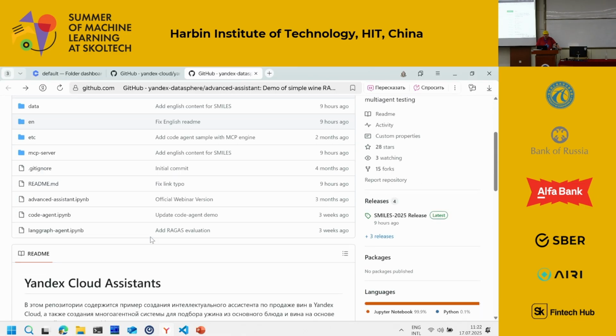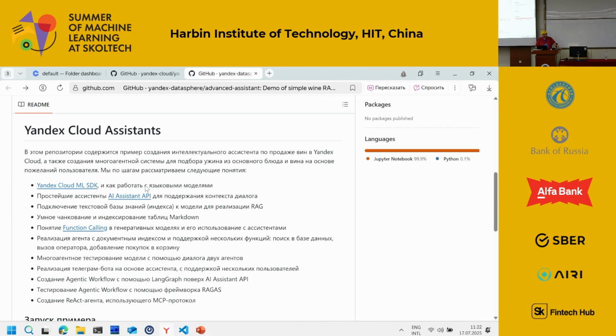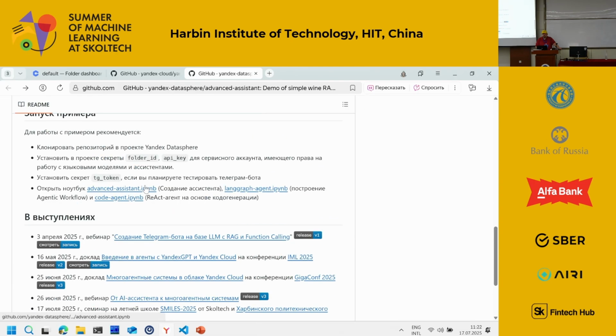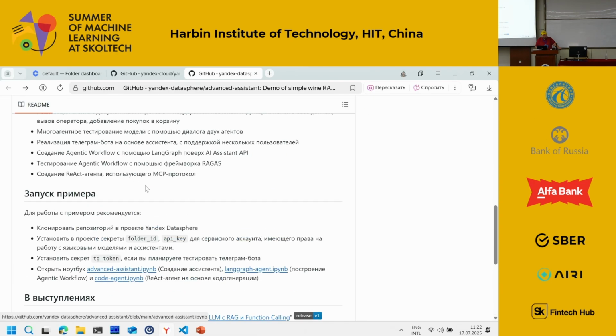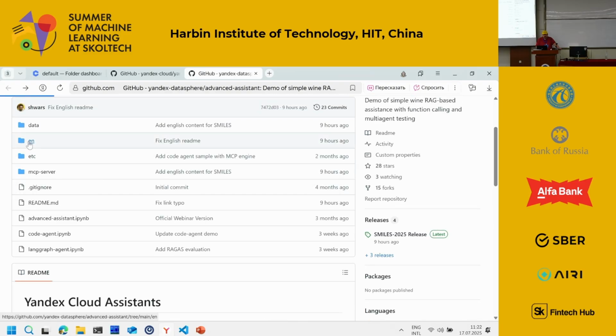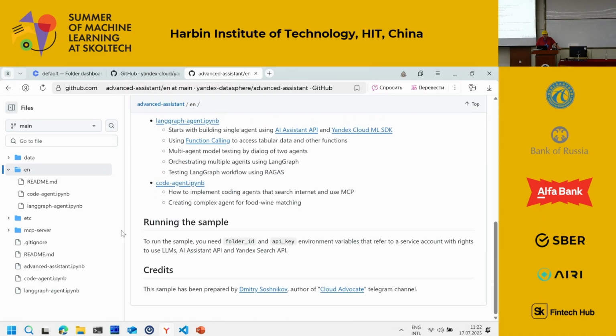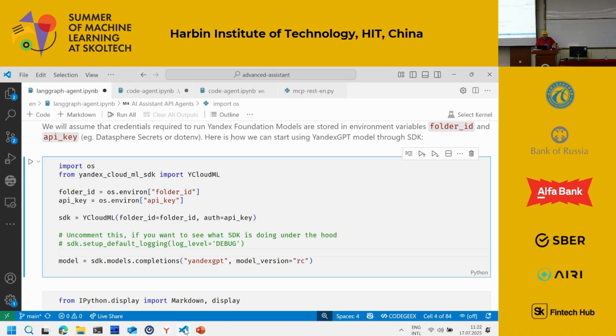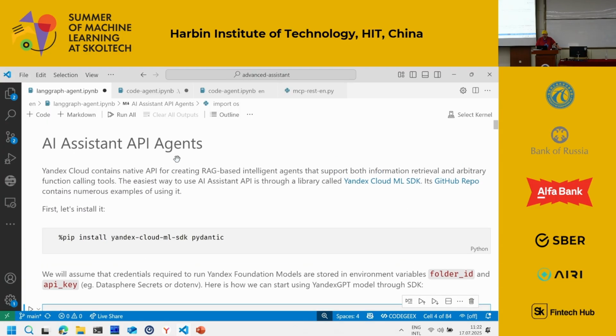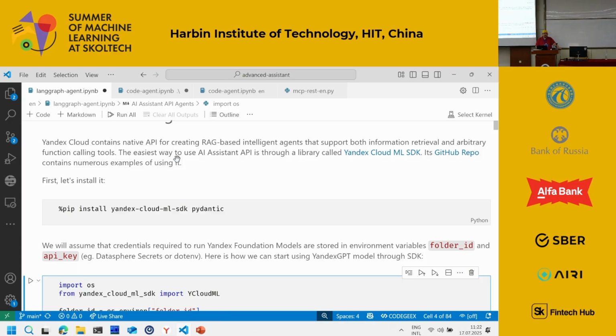The GitHub repository that I have shared is mostly in Russian because it has been used at other demonstrations in Russian, but it contains the English directory, and that is the code that I will be showing you today. It has been translated into English. I will be running it locally in VS Code on my own machine, but of course you can run it also elsewhere, wherever Jupyter Notebook is available. The first example that we will start with is just creating the RAG system, similar to the example that Piotr has shown, but in the cloud.